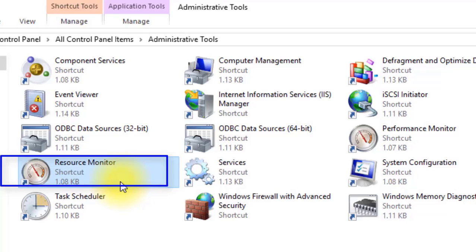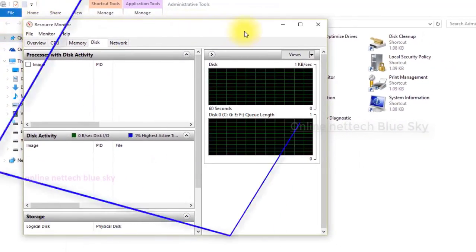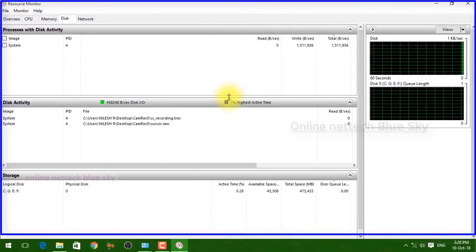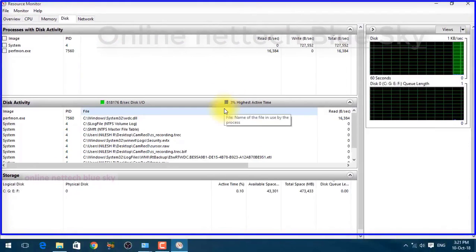So you can see here Resource Monitor and the Resource Monitor shortcut, and on the left side these icons, resources. You can see the meter-type display, a calculation meter type, which is how Resource Monitor looks. So Resource Monitor shows different types of information here. I'm just clicking on Resource Monitor. You can see this type of window here, and every piece of information.